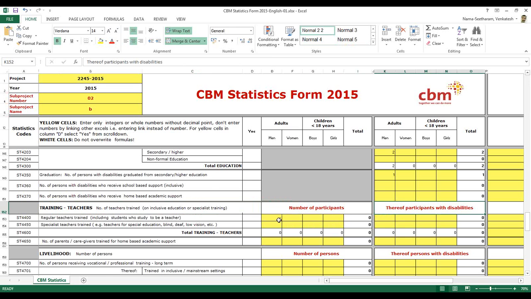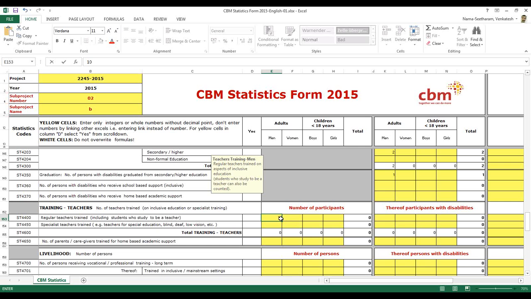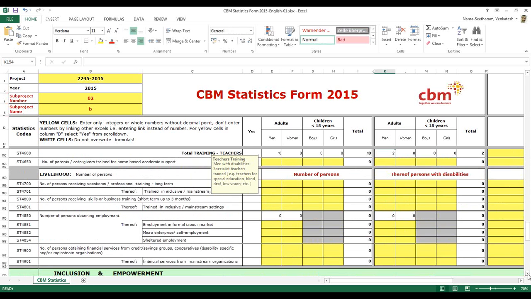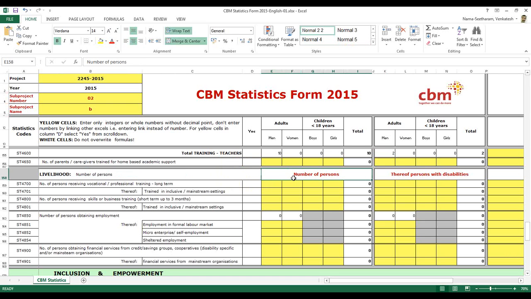The same logic: if there are 10 men totally, out of 10 how many are persons with disabilities. And next would be the livelihood. In this section you will be counting the number of persons and there are persons with disabilities, and you see the same structures, number of persons and persons with disabilities, and there are codes.